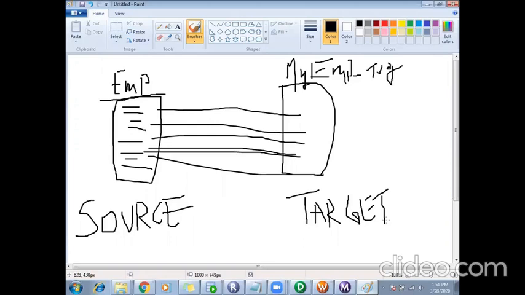The target where I want to load the data can be a database table or a file, anything. For all kinds of sources, we say source and target, whatever the type. From wherever I'm extracting the data, it will be called source, and wherever I'm loading the data, it is called target.